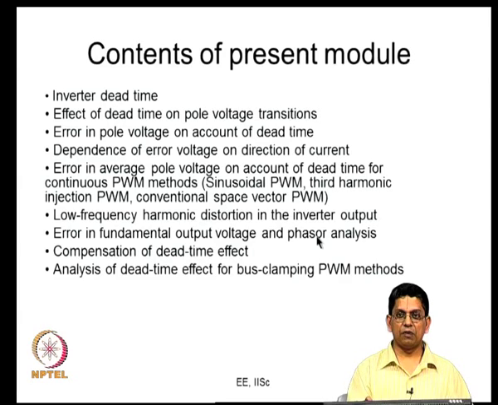Why? You have an inverter, let us say it is switching at 5 kilohertz frequency, the fundamental frequency is 50 hertz. So, in its output what frequency components will you expect? Obviously you will expect 50 hertz and you will expect some components around 5 kilohertz, like 5050 hertz and 4950 hertz, 5150 hertz and 4850 hertz. Similarly, you will expect components around 10 kilohertz.